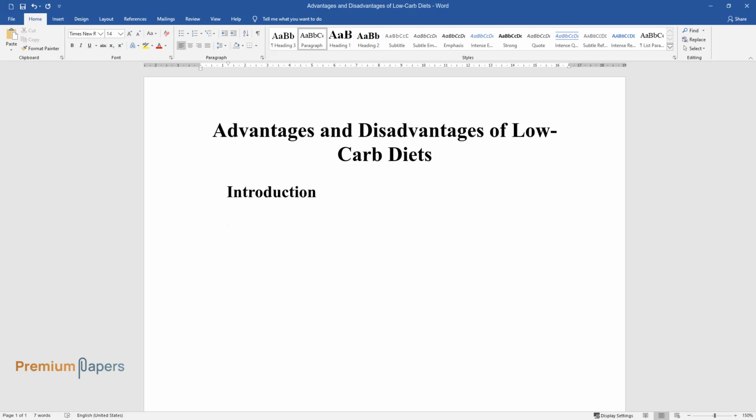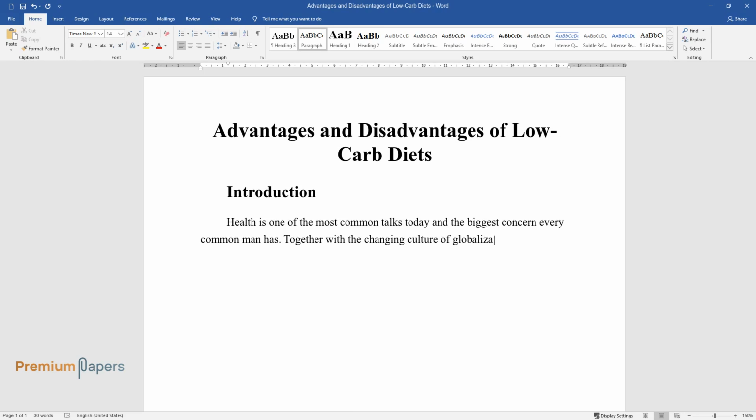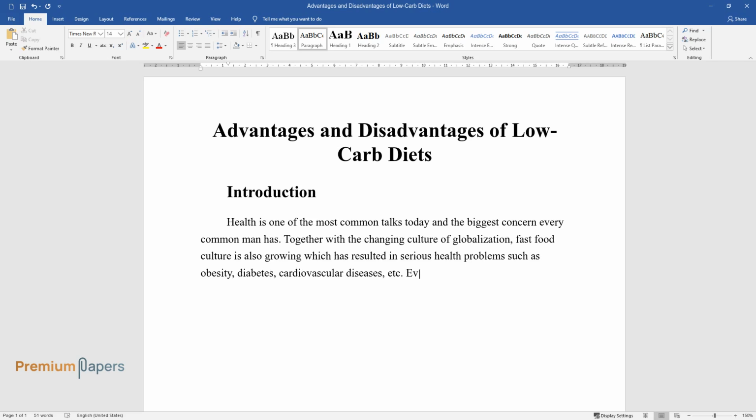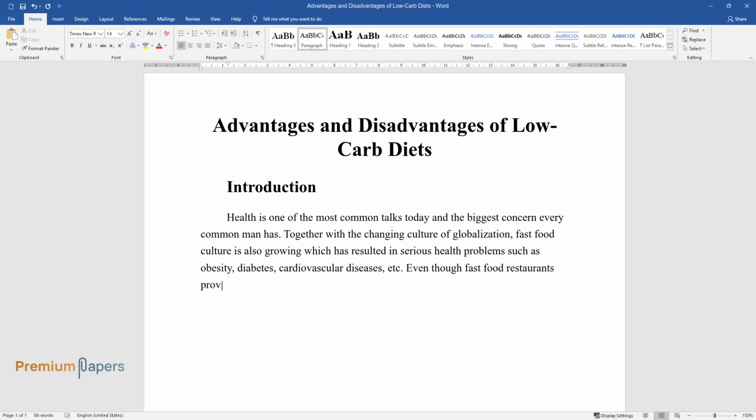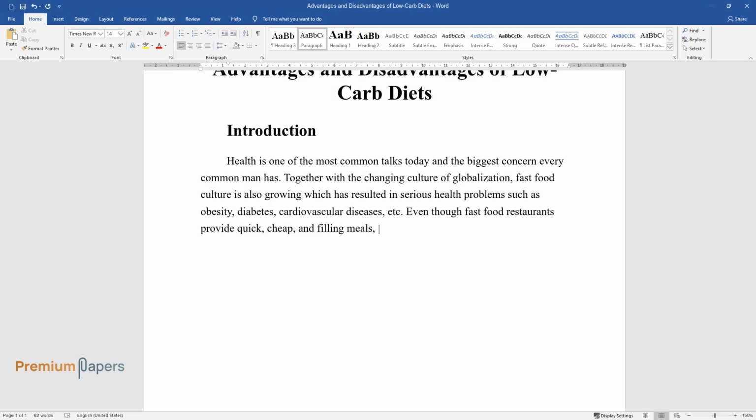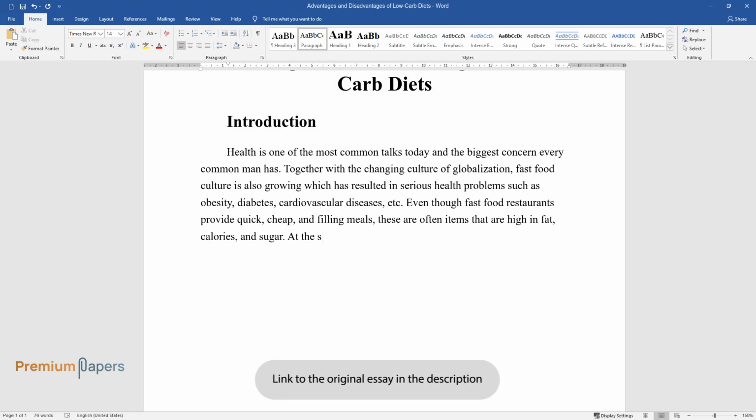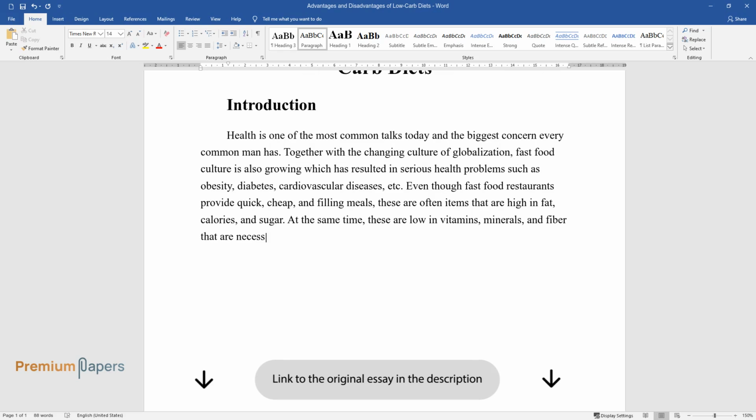Introduction. Health is one of the most common talks today and the biggest concern every common man has. Together with the changing culture of globalization, fast food culture is also growing, which has resulted in serious health problems such as obesity, diabetes, cardiovascular diseases, etc. Even though fast food restaurants provide quick, cheap, and filling meals, these are often items that are high in fat, calories, and sugar. At the same time, these are low in vitamins, minerals, and fiber that are necessary to make